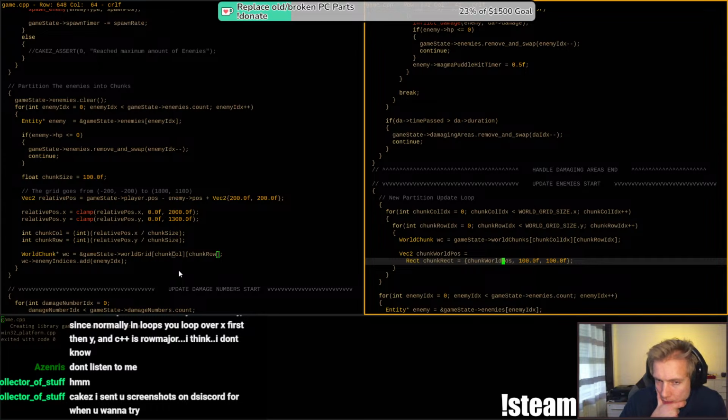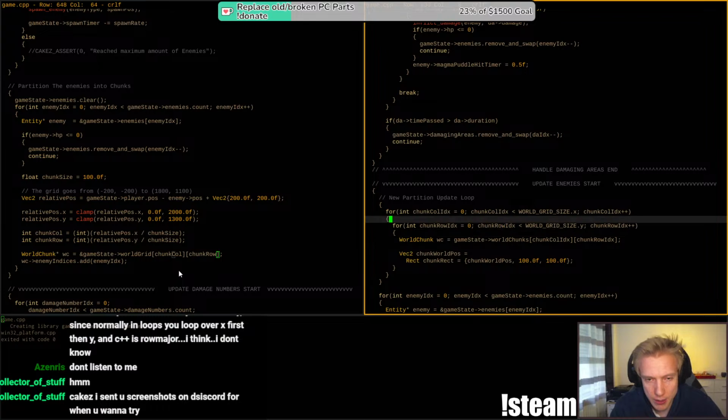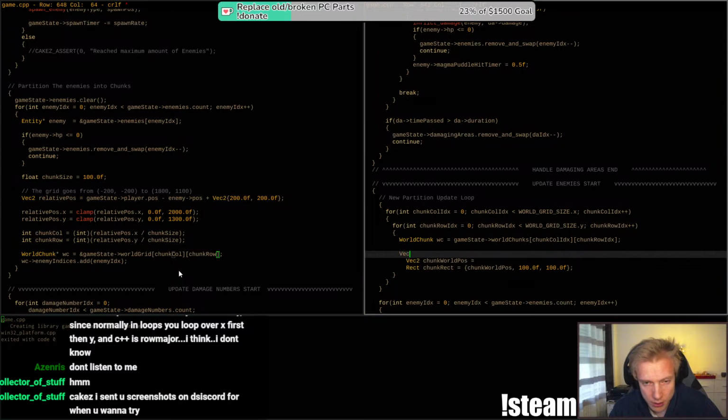Chunk word position. I think I can do the following. We know where the chunks start. Let's call it vec2 chunk offset. Oh my god. Vec2 chunk offset is